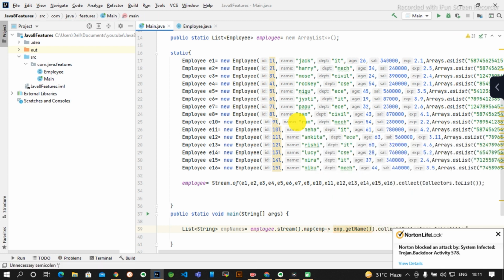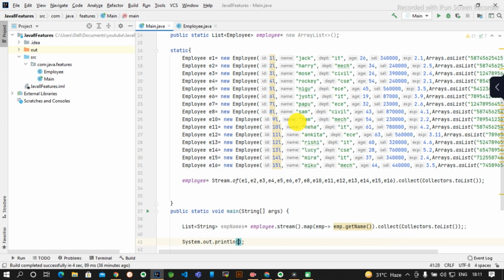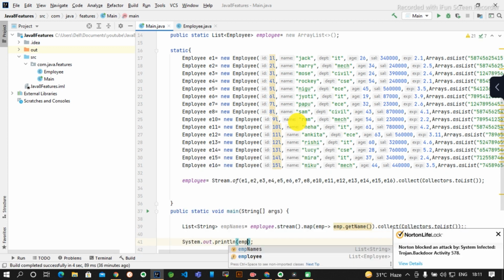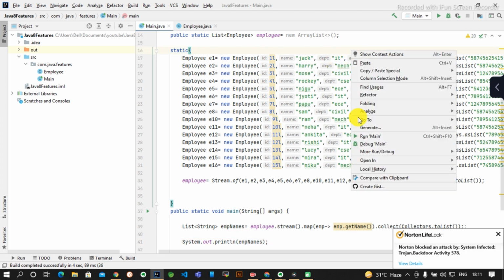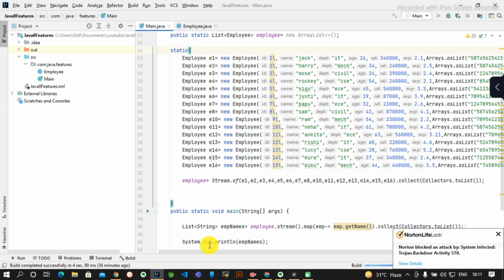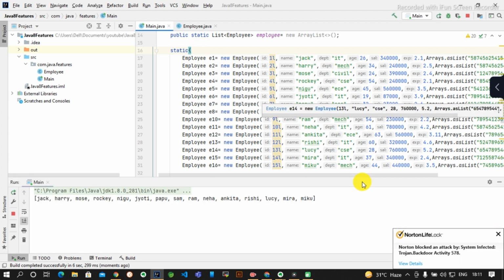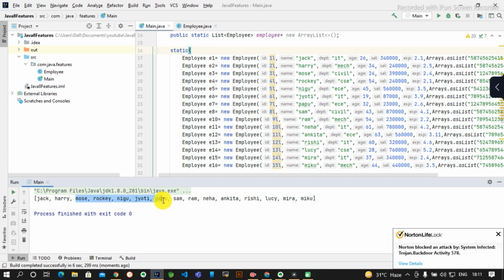Okay, if I run this program, let's print it as out. I am not doing any for loop directly, I am printing it for simplicity only, but don't use this type of statement for printing a list or collection. See, we are getting all those employee names.